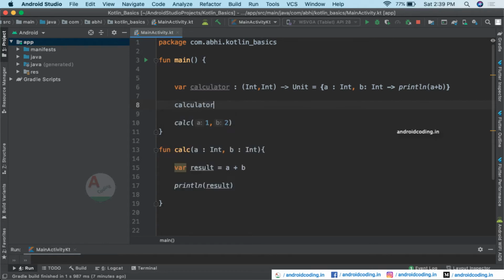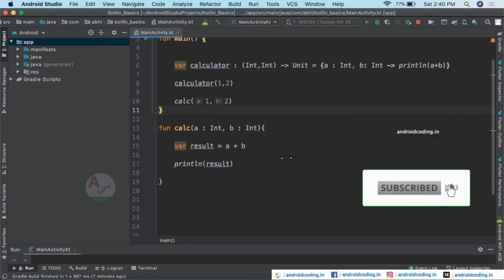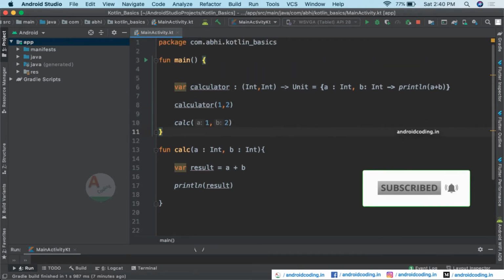So here, calculator also accepts two parameters. You can see it displaying int comma int. Let us provide the same values here. Now let us see the output.